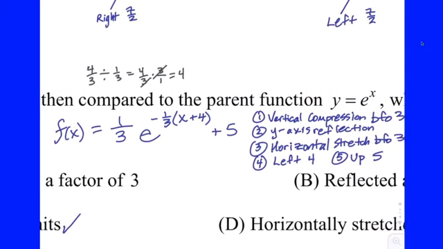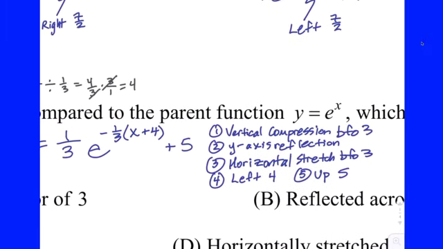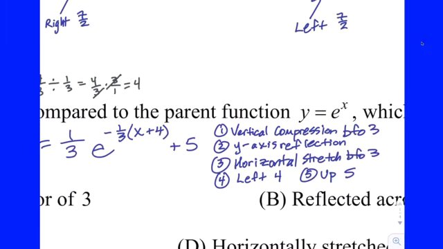Let's go ahead and describe it from left to right. That's the beauty of standard transformation form. So that's what I have here. The 1/3 is going to be a vertical compression because it's exactly as it appears when it's with the y's. So it's a third as tall as it used to be, which means you're compressing it by a factor of 3 vertically down. The negative in front of the 1/3, of course, is the y-axis reflection. And now the 1/3 in front of the x is the opposite. It's not a third as wide, but rather it's 3 times wider. That's a horizontal stretch by a factor of 3. And then we pick that graph up and we move it left 4, opposite of what it appears, and up 5, exactly as it appears. Okay? So those are the transformations.